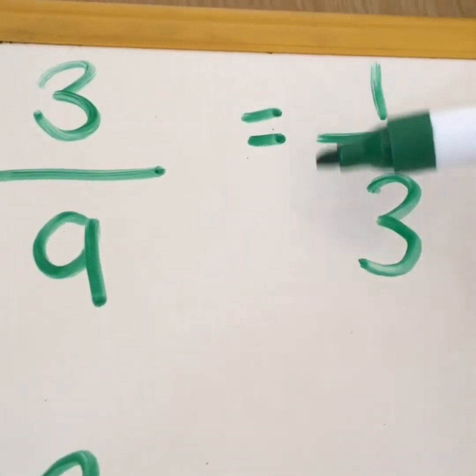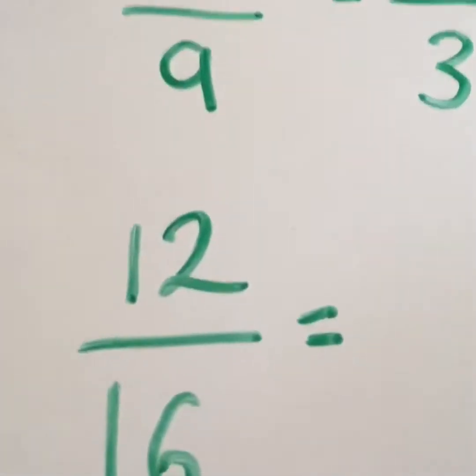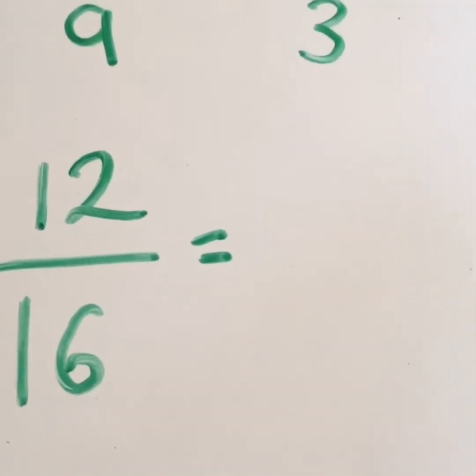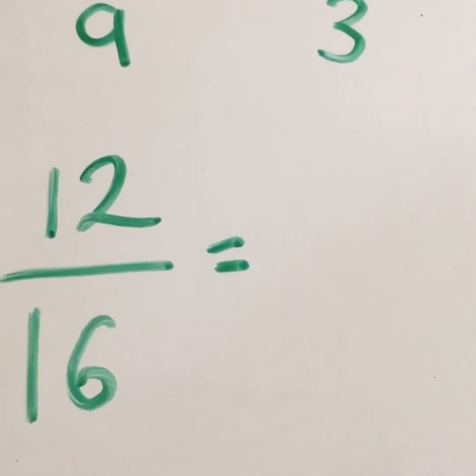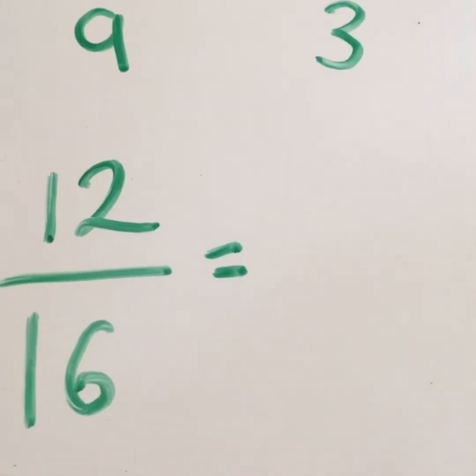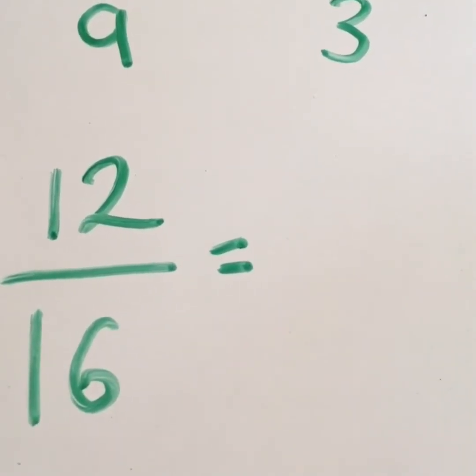So the only thing I could divide them both by is 1, which wouldn't change my fraction. My next one is 12/16. Now I'm looking at both these numbers and I can see straight away that they are even. So you've got two options here. You can either divide them both by 2 and then see if you can simplify them any further, or you